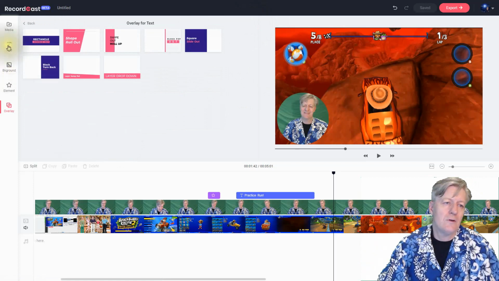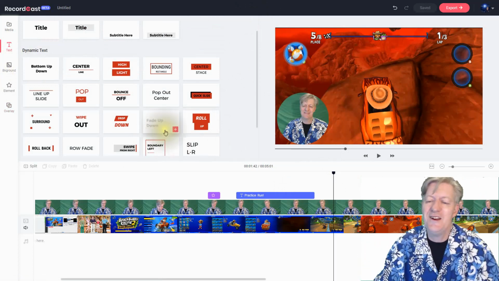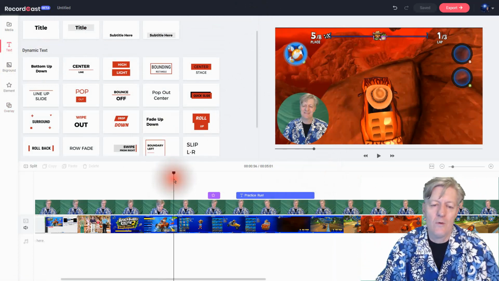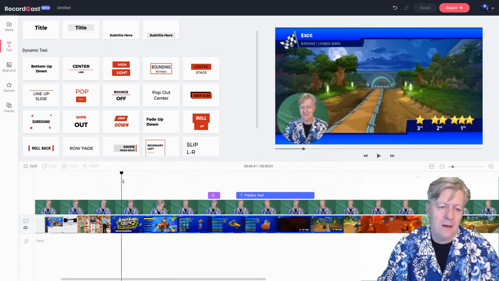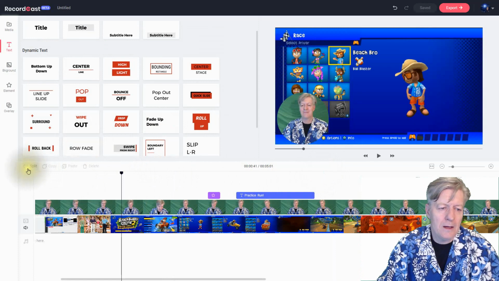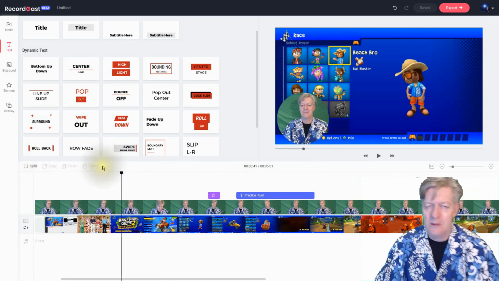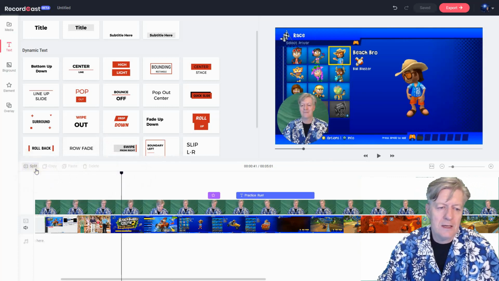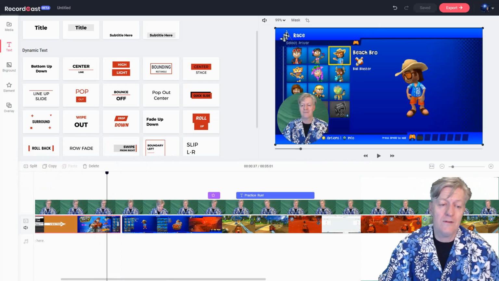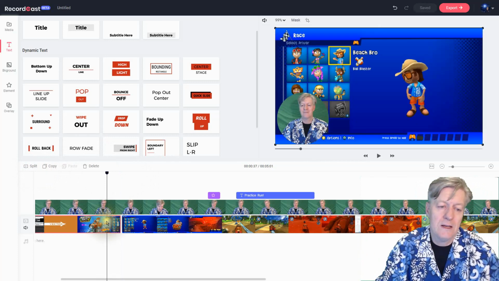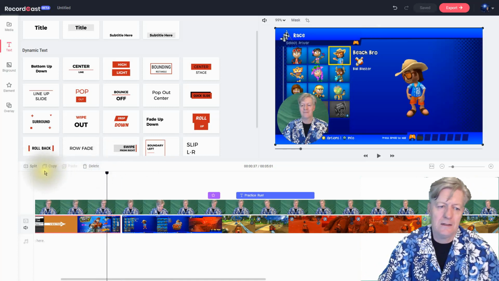You can add different overlays. Now besides these elements I can add here, let's say if I wanted to cut part of this out, which I think I will probably be doing a lot of editing. Notice down here I have split, copy, paste, or delete. So if I split it, after splitting it, you can click on one of the media elements or media files there, and then I can do other things like delete if I need to delete it,